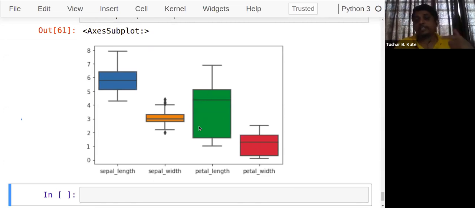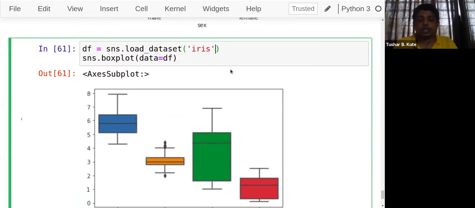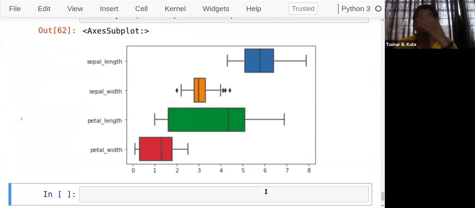Even one more thing, I can change orientation also. I don't want that vertical orientation. I want a horizontal orientation. So I can use the orient parameter here. Orient. Sorry, not this here. orient is equal to horizontal. Now see, horizontal orientation is there that you can find. Okay. So this is the method by which you can see all of these variables in a single plot of data that we can use to perform operations here. That's what we are seeing here.